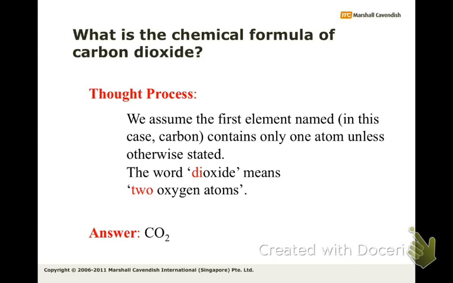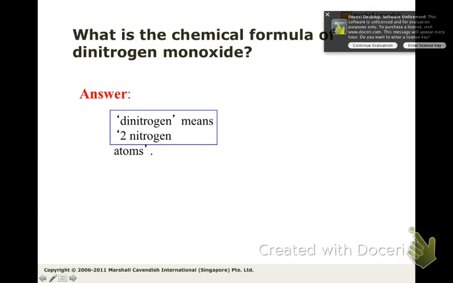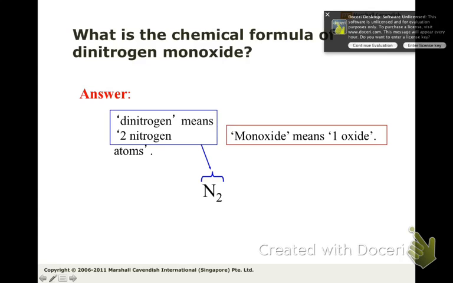Now some of you are probably asking, Mr. Gan, then why didn't you say monocarbon dioxide? Don't need. If it's 1, usually you don't need to say it, unless there are 2 possible compounds. One is carbon monoxide, the other one is carbon dioxide. Then you state it. If you know there's only one most of the time, you don't need to write it. Like nitrogen monoxide, there's nitrogen dioxide, nitrogen monoxide, dinitrogen monoxide, so many possibilities. Then you can explicitly say it. Dinitrogen means 2 nitrogen atoms, N2, and then obviously